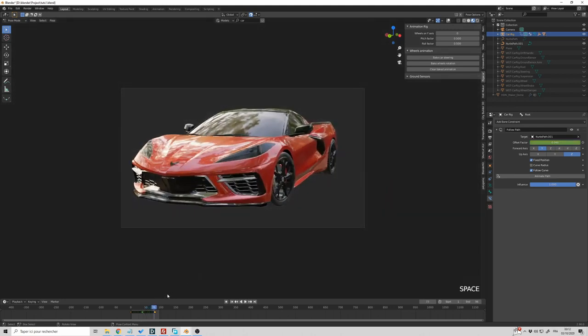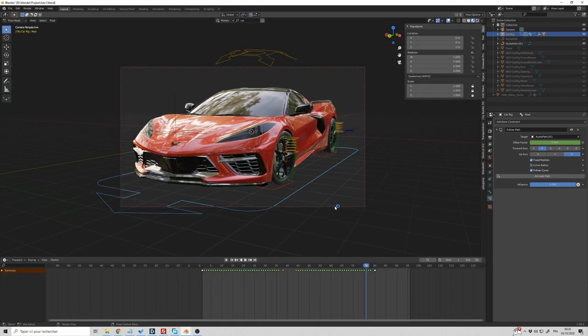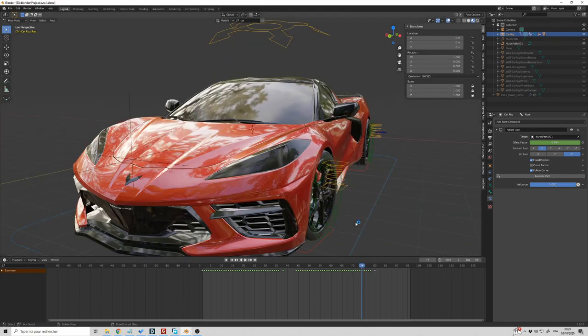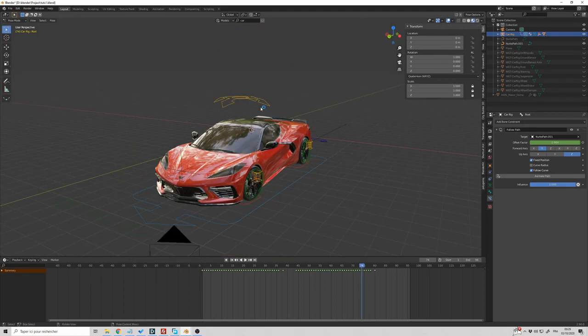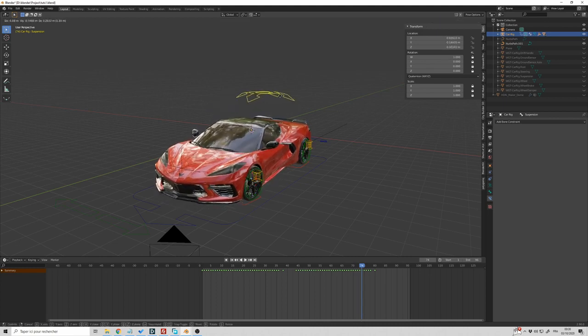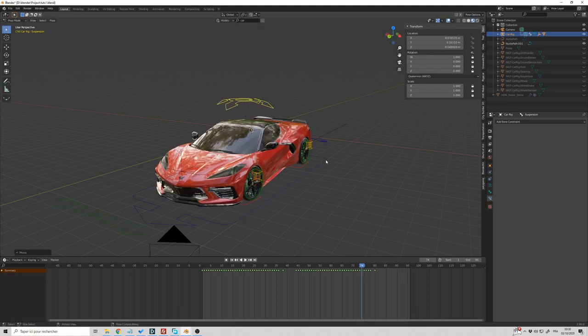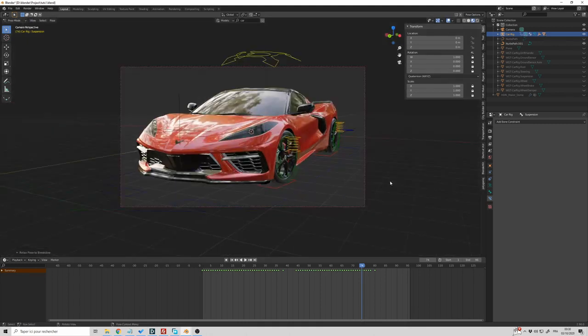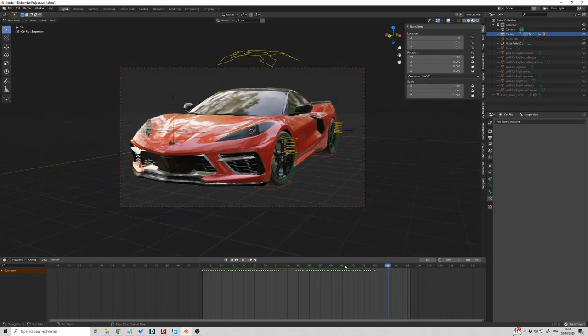Okay, so that's good for the first part of the animation. Now we are going to see how we can play with the suspension to give a more natural look to the car brake. So now for the final brake and the suspension animation, if you have the rig installed, you are going to use this controller. If I press J, I can see that I can move the suspension of the car, the front suspension and the rear suspension.